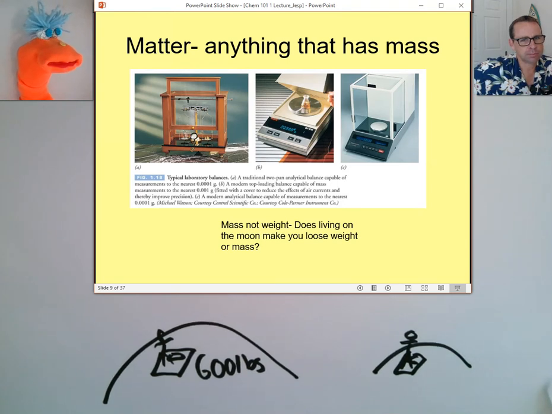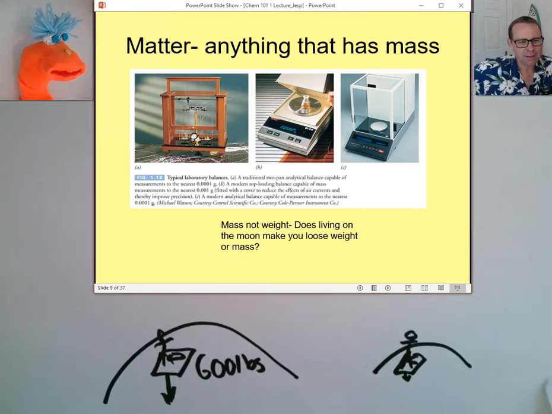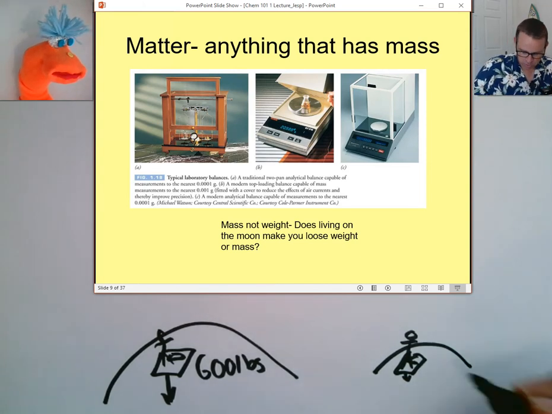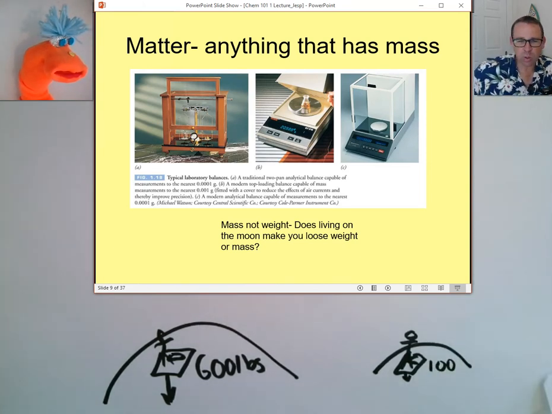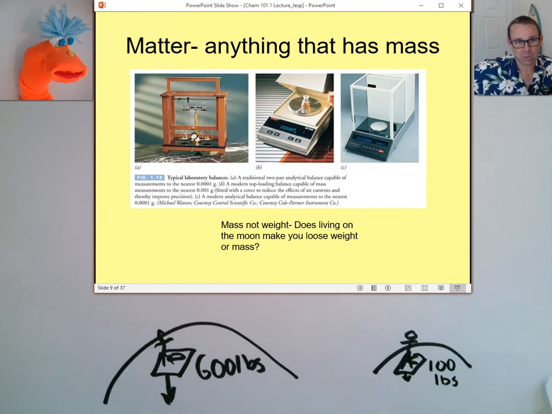The same? No, it's going to say less. Oh yeah, less, because there's less gravity on the moon. That's right. It's going to say that you weigh less. The way these scales work is there's a spring inside, and well, not all scales work exactly this way, but in general, a scale works using the force of gravity to move a spring, and the movement of that spring tells you how much weight you have, right? So if you're on the moon, the scale would say 100 pounds, which is 1/6 of the weight on the moon, okay?